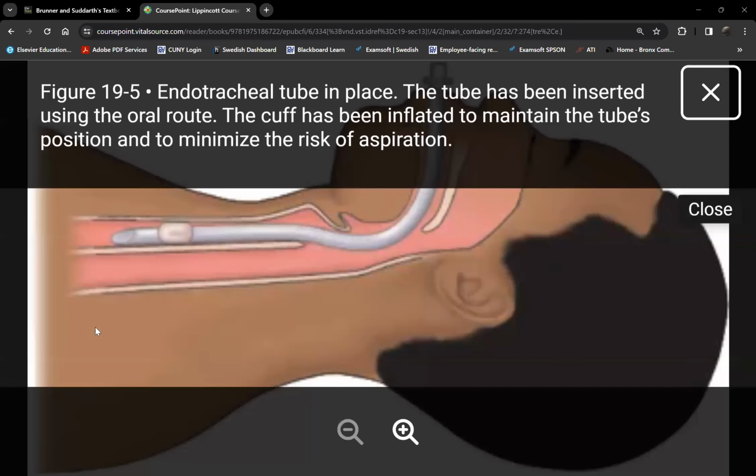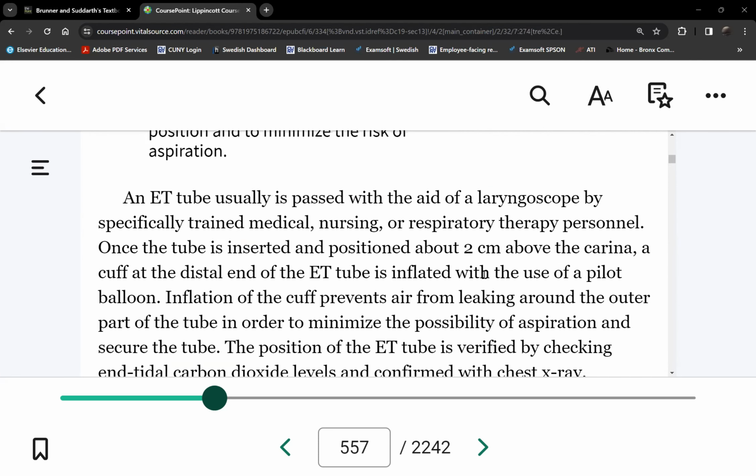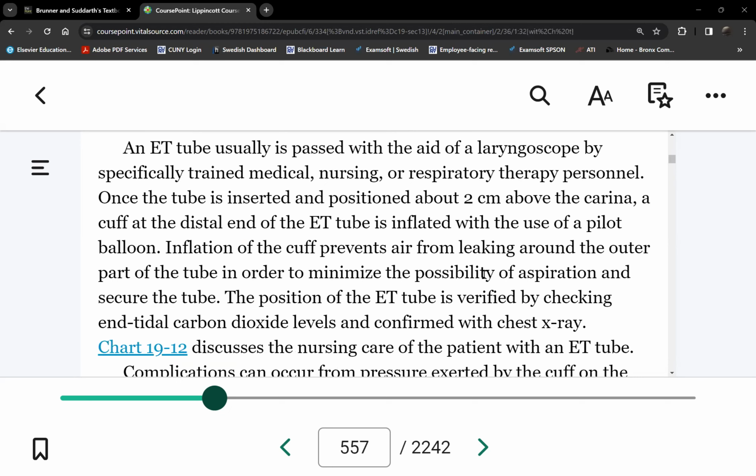No. We will have to inflate the cuff, making sure the cuff inflation is within 21 to 25 millimeters of mercury or 20 to 30 centimeters of water pressure. And then we start bagging the patient. So manually bagging the patient, or if we want, we can even put her on a ventilator at that point. And then the chest X-ray should be available up on the floor in 10 to 15 minutes, and then we'll confirm the placement. If it's not 2 centimeters above the carina, then the doctor or the respiratory therapist will adjust